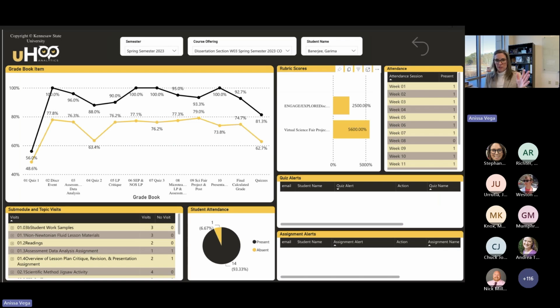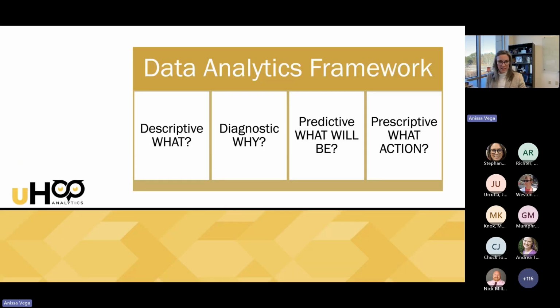So I've shared with you the particular dashboards, and what we want to do is help the faculty ask the question when they're looking at a dashboard: What is happening? Why is this happening? Can I determine why this is happening? What's going to happen if I leave things as they are? Is there some sort of action that I can take, and would that impact what I've predicted will happen? And this is your basic data analytics framework, and we use this as a